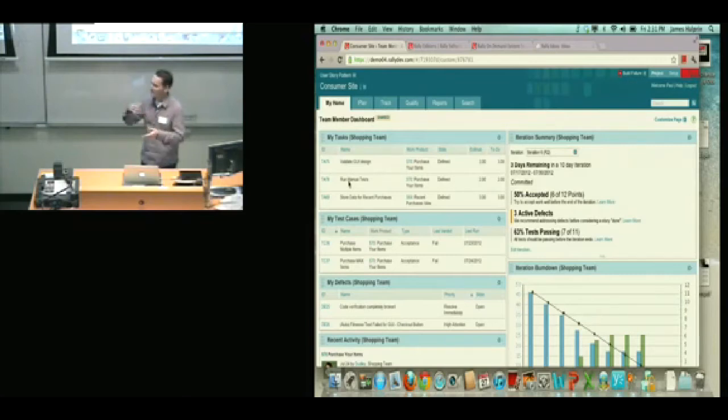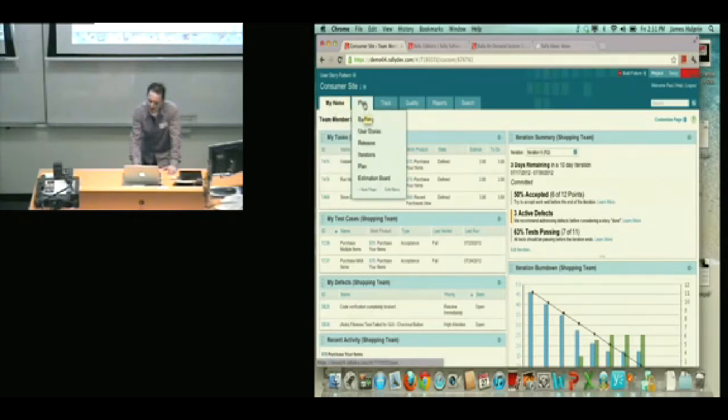Creating that structure doesn't affect the data or how the data is entered or anything like that, and you can modify this structure as often as you like. So in other words, if another team joins, you can easily add a team in. There's another program of work that comes online, it's very easy to put another program in, and all of a sudden you've got that kind of reportability at any level that you like.